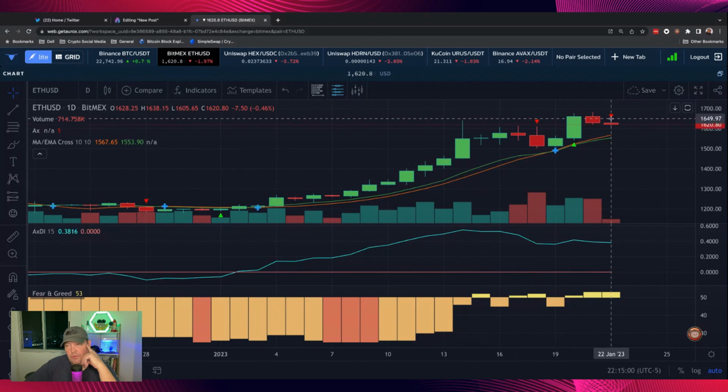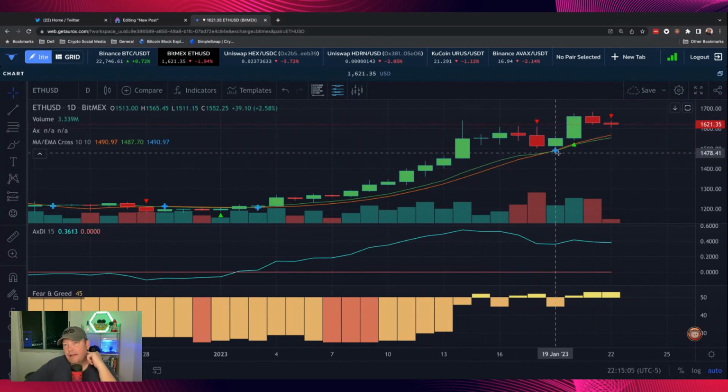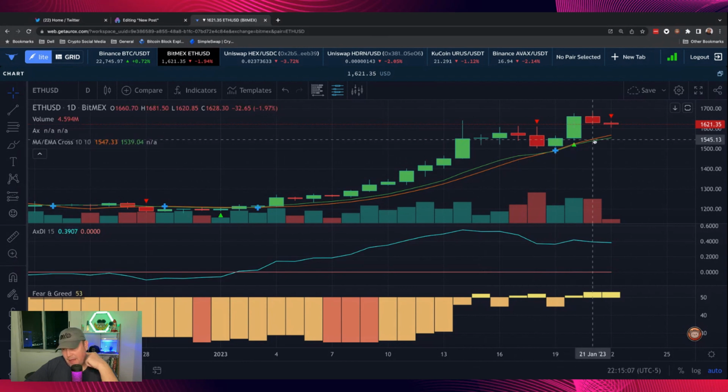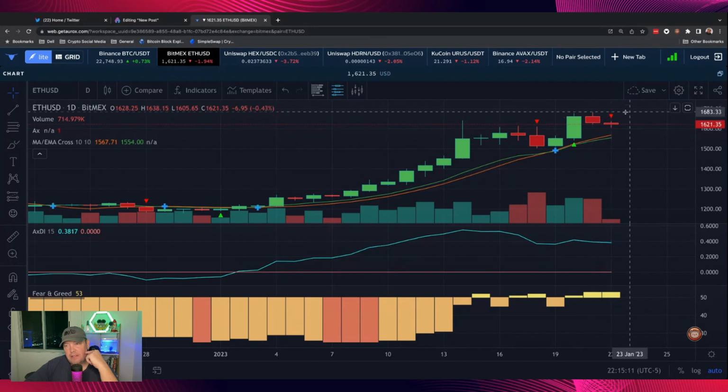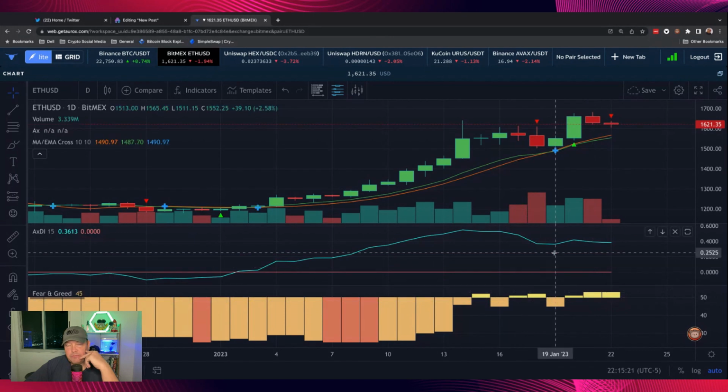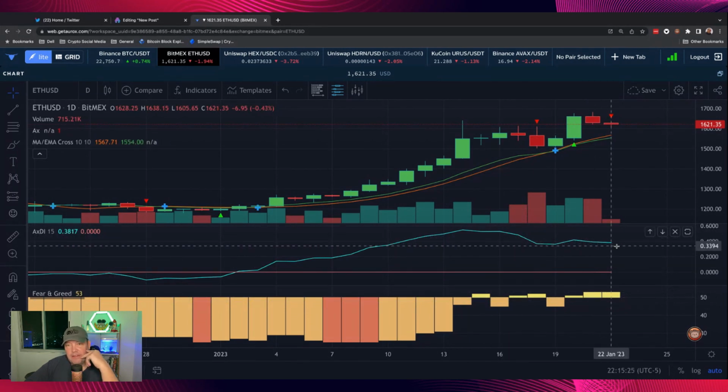The daily, oops, we just got a red Aurox indicator on Ethereum. Also, the MA just moved over red over the SMA. So that's 2 bearish signals for Ethereum. The volume's also red for 2 days in a row, but the fear and greed is still on the greed side. So that's nice. But the demand index is trending low now, lower on the daily.